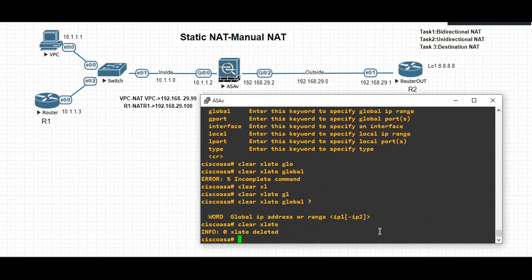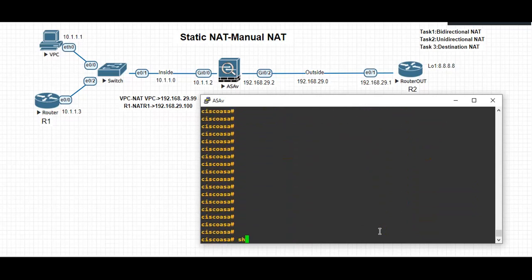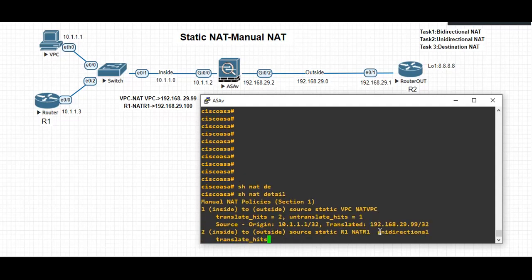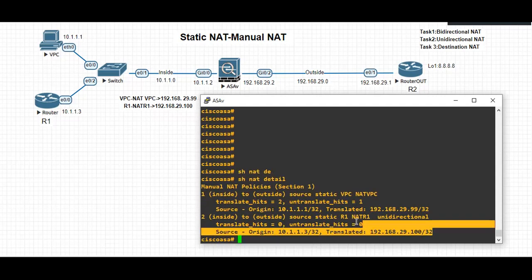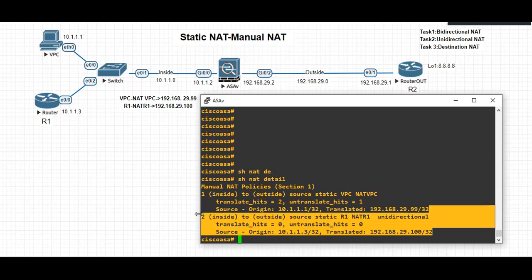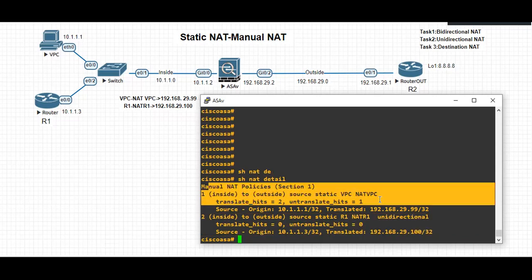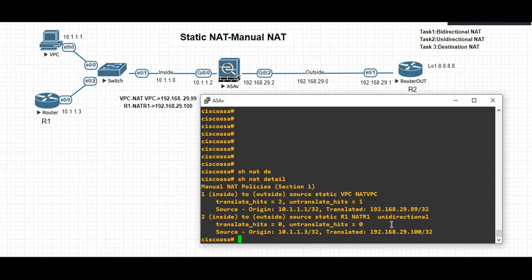Okay. Let's see what hit count is showing. It's 0 here. Okay. For R1. Don't worry about this VPC because we have not done any changes. So don't worry about that. So now it's showing 0 for the hit counts for the